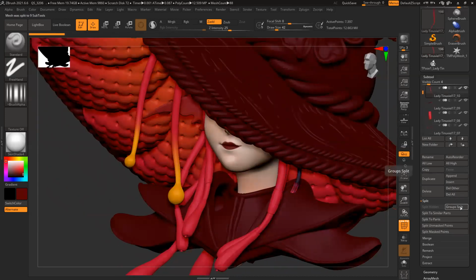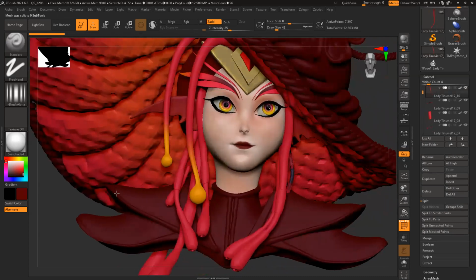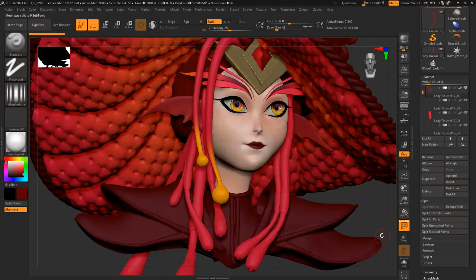And group split. Everything is split, group in a group. Now select all these things, shift, move it up, shift, move it up. I'm moving them up so that I can merge them together and then color them together at once.